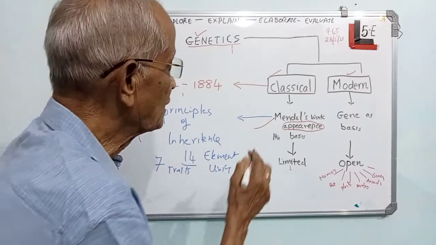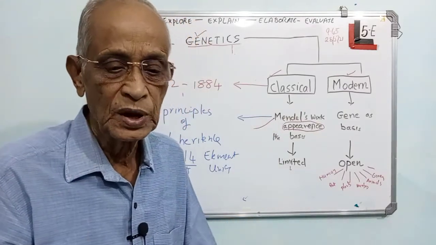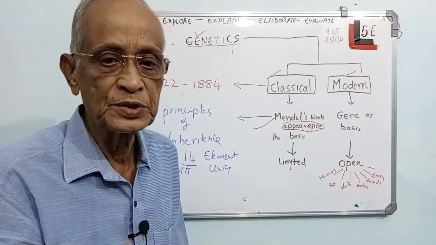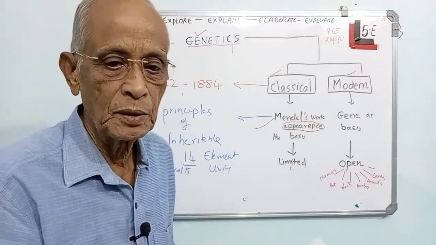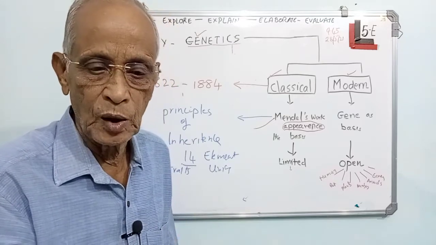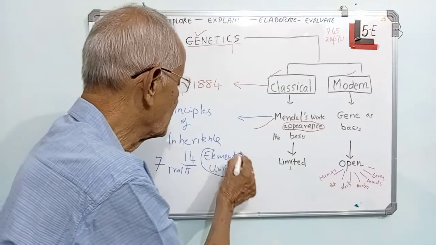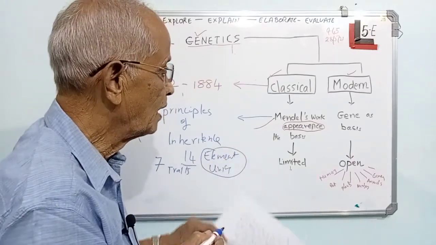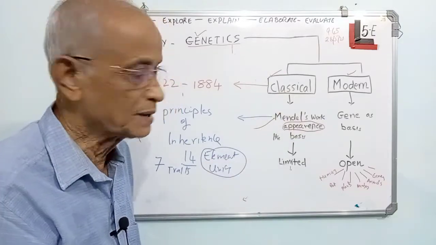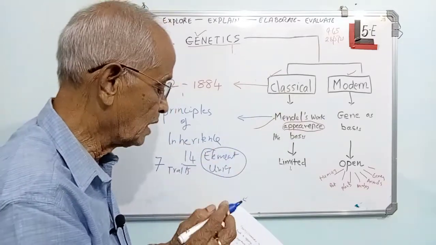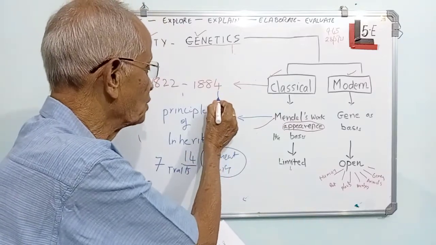Now that is that type of work where appearance was used to study how inheritance takes place without having known anything about the genes, or talking only about the units or the elements. And that kind of genetics is called classical genetics. It lasted for a long time. After 1884 onwards,